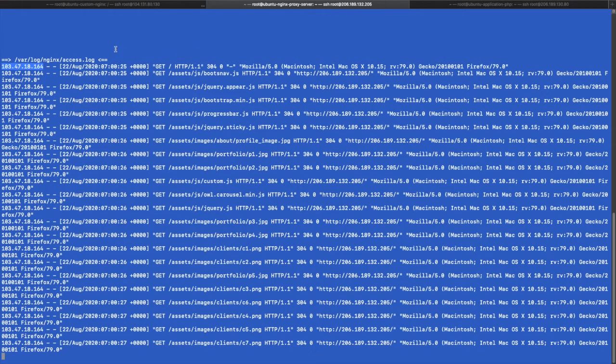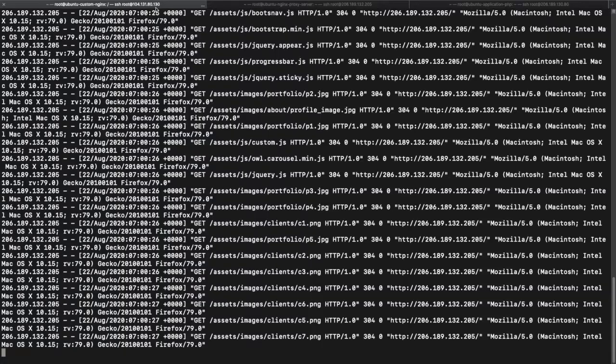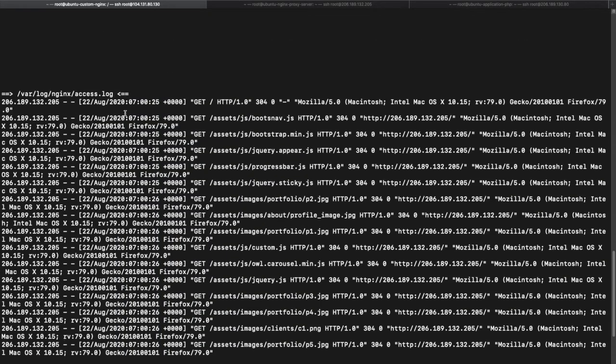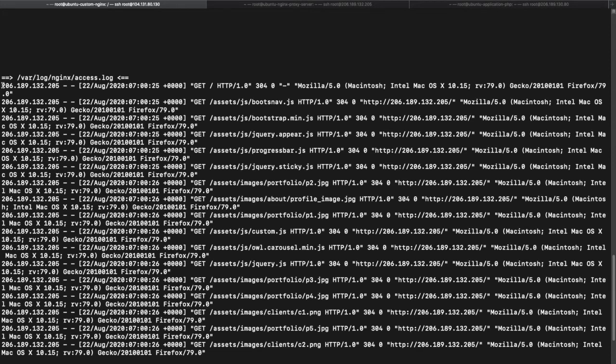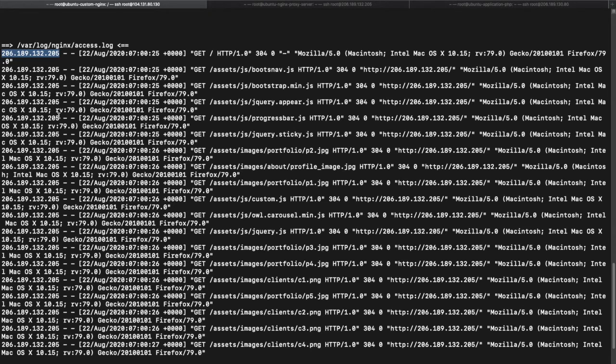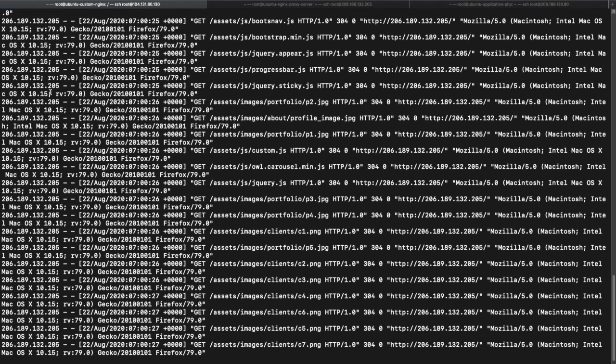So the nginx reverse proxy is basically showing my IP, and you can see over here all the requests are basically being redirected, right? All the requests are 304 which is coming from my IP. Now if we go to the black window where the brownie server is running on IP 130, over here you can see this is serving the request, and the request is coming from the IP 206.189.132.205. This is the reverse proxy nginx. All requests from the same IP.